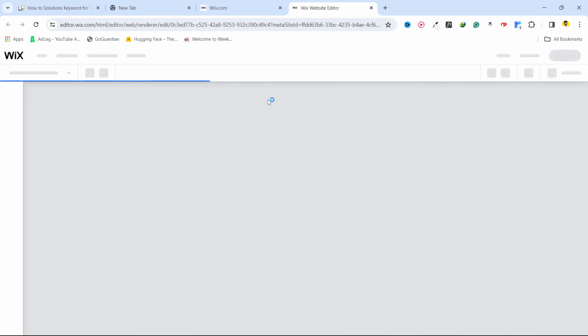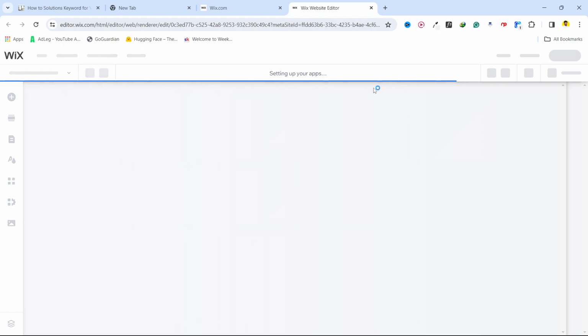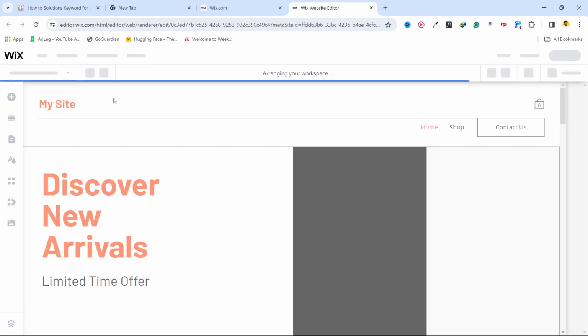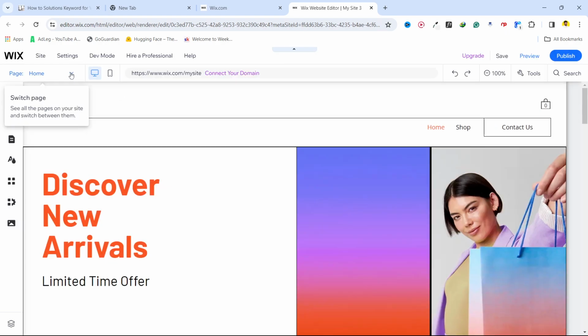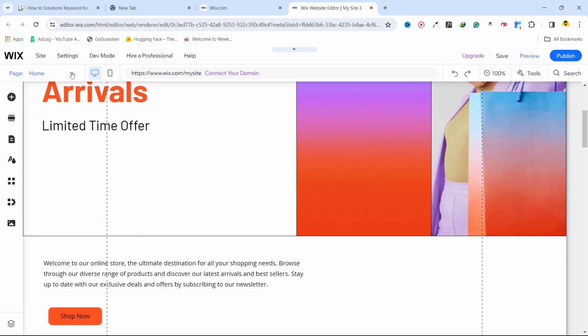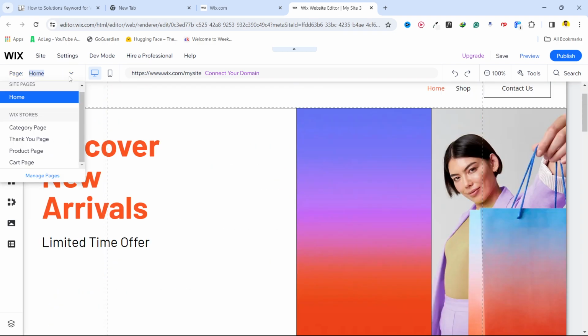It will take a few seconds to load the page, and once you set up the new template, I'm going to show you how you can copy the things from the previous page to the new page. You need to wait a few seconds here until it is completed. So here it is. Once you edit all this, you simply need to click on this arrow here,